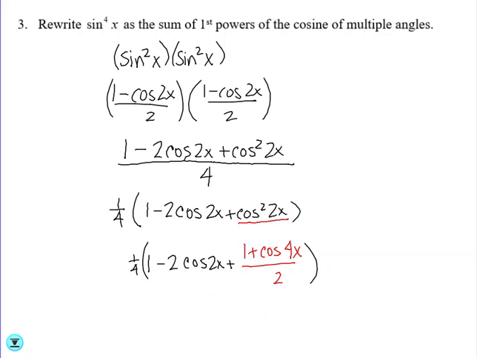Now, I'm going to multiply all of these terms in the parenthesis so that I can get a common denominator. So I end up with